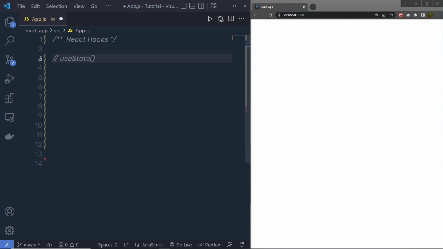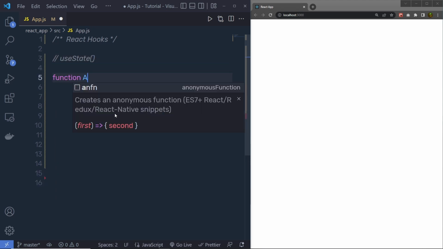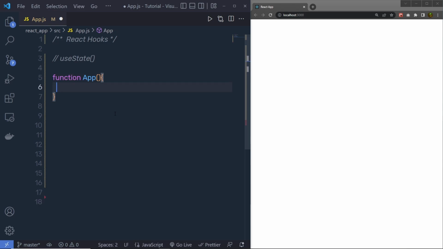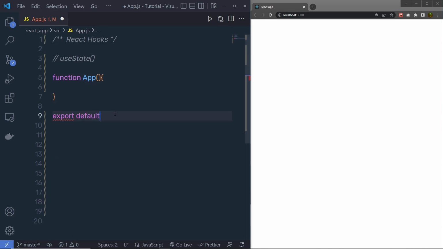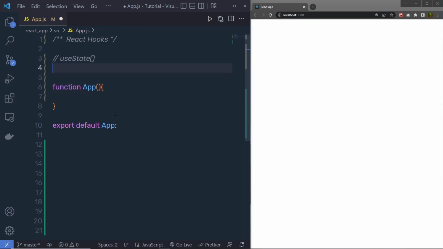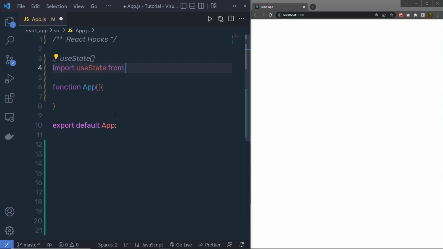So let me show you a very simple example. I'm going to create here a function. I'm simply going to create here a function app, and then I'm going to export this function. So I'm going to say here export default app, and inside this function I'm going to call the useState hook. To call the useState hook, you need to first import that. So at the top you have to say import useState